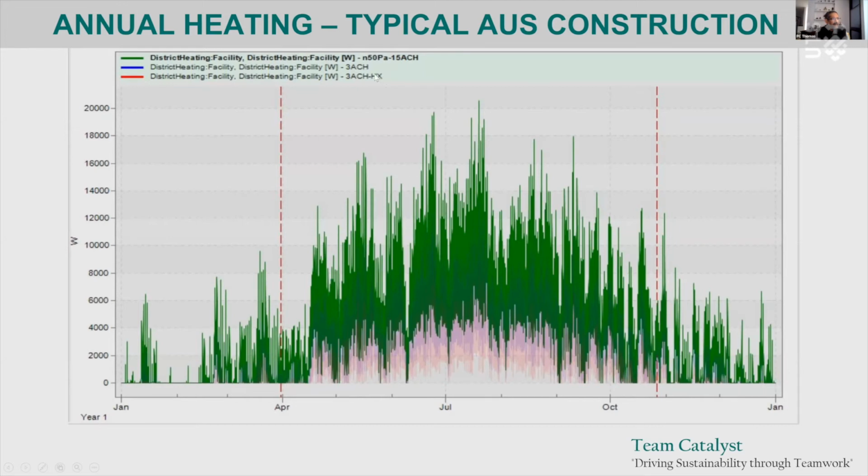And what we did was look at data on how a typical Australian house leaks in terms of air infiltration. If you don't understand that term, there's a 1-hour lecture I've done called Introduction to Energy Simulation. It's on the Design Builder software website. You'll find it, and you can have a look at that.